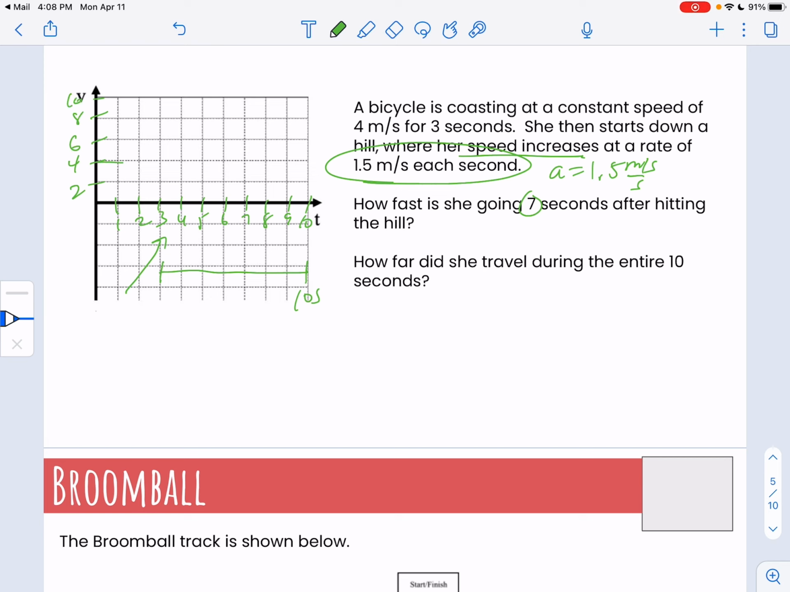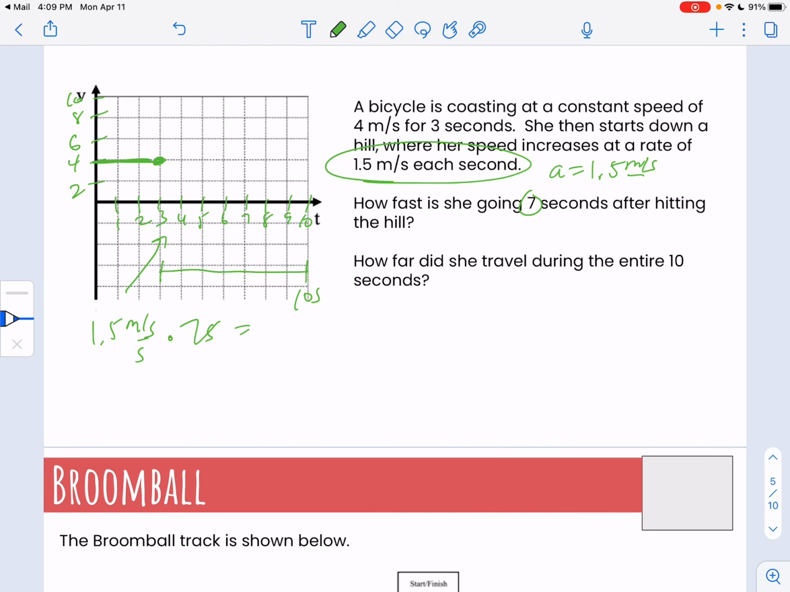I'm going 4 meters per second for 3 seconds. Then I hit the hill, and I know I'm going to do something like this, I'm just not exactly sure where it's going to go. So let's see. If my acceleration is 1.5 meters per second every second, and I'm doing that for 7